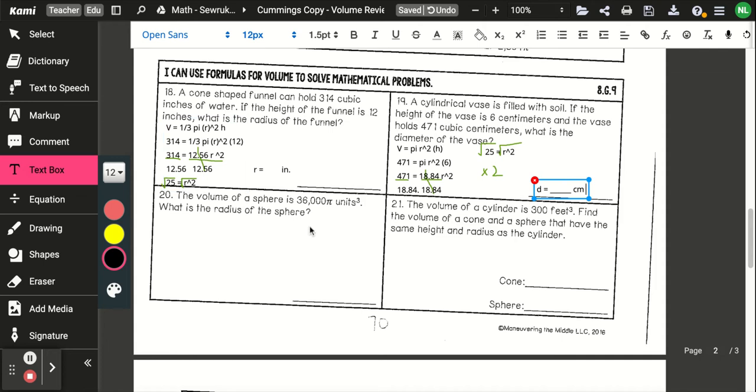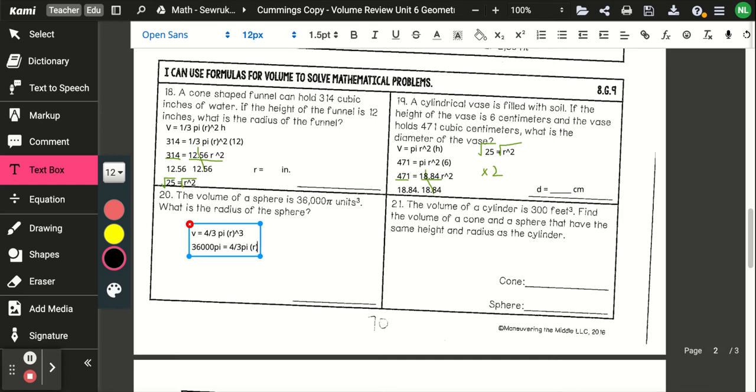The volume of a sphere is 36,000 pi units cubed. What is the radius? Remember, in order to do that, you need to use V equals 4/3 pi r cubed, and then you would have to fill in 36,000 pi equals 4/3 pi